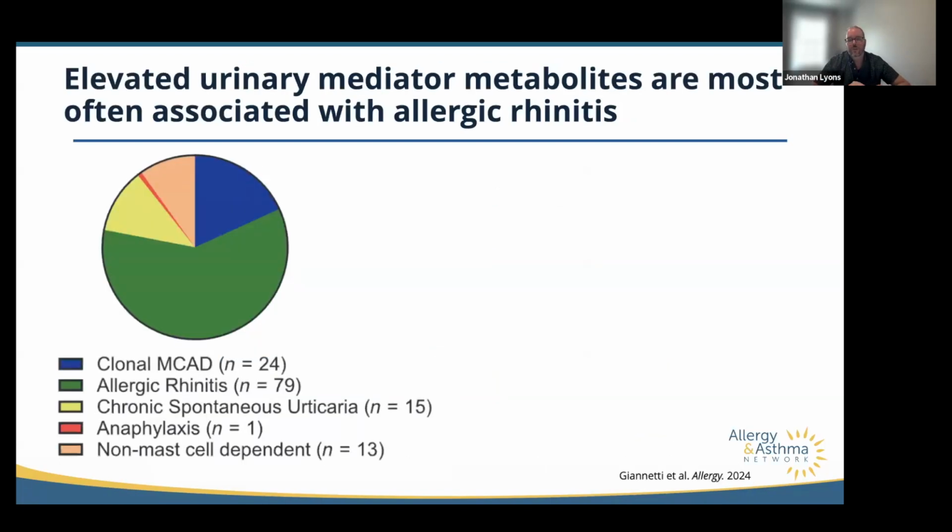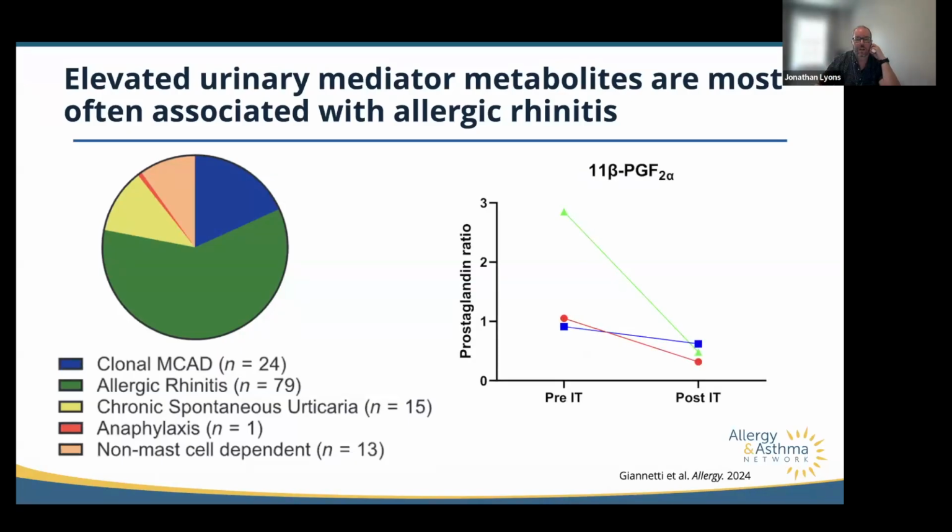One of the complications or difficulties in using these markers is that we don't know how variable they are and what else they're associated with. Oftentimes they're measured in patients being evaluated for clonal mast cell disease or even non-clonal mast cell disease, but we don't really have clear identification of what a level should be.